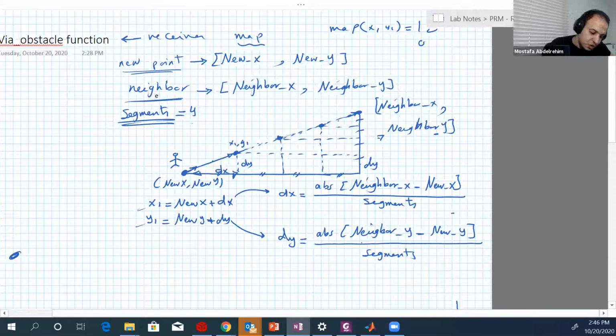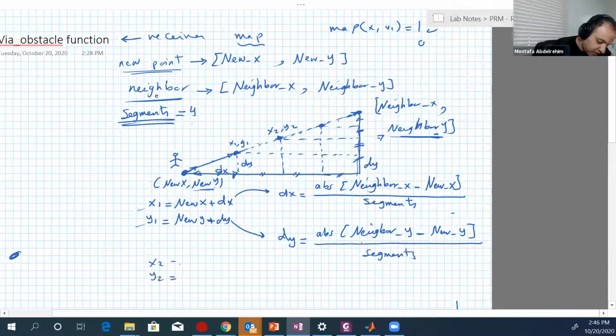Okay, so all these distances, of course, they should be equal, but the drawing is bad. So this distance, or this distance, or this one, all of them are dy, and all of them can be calculated using this. Just subtract the neighbor y minus the new y, and divide it by segments. This will give you dy. Okay. So if this is x2 and y2, what should be x2 and y2? x2 and y2 is again new x plus 2 dx, and here is new y plus 2 dy,